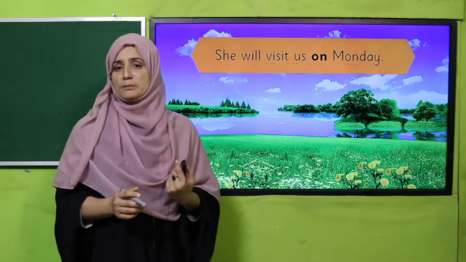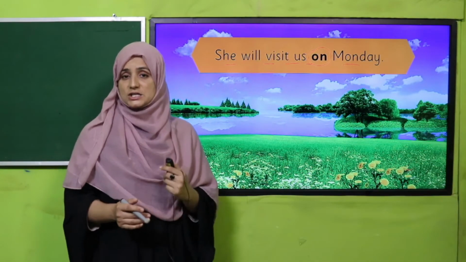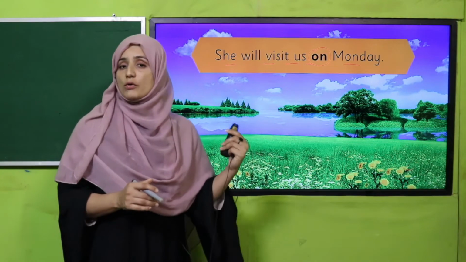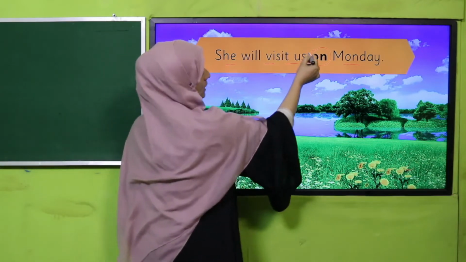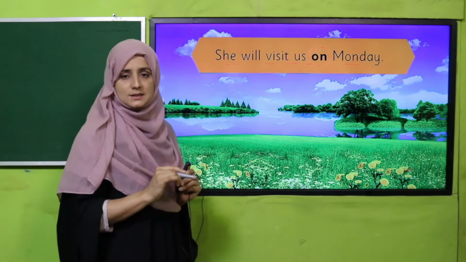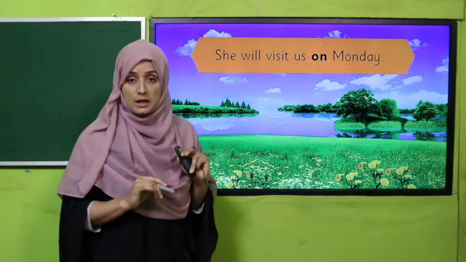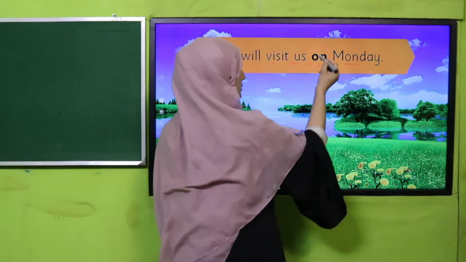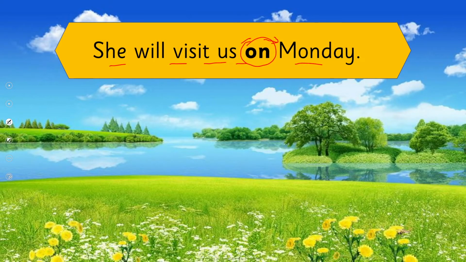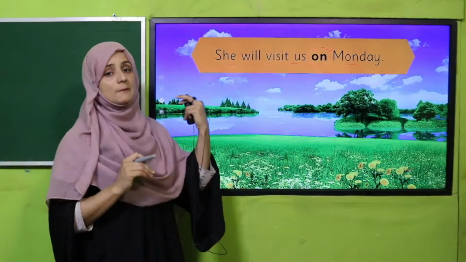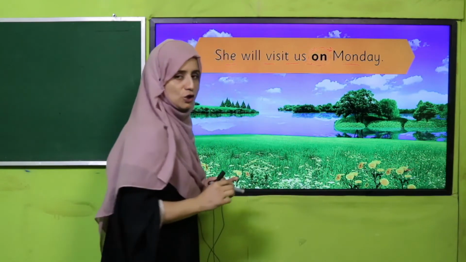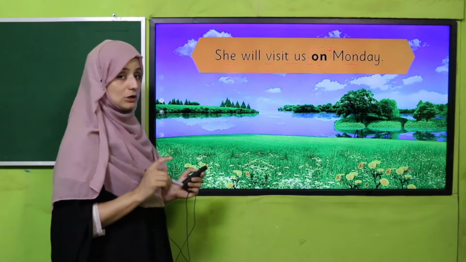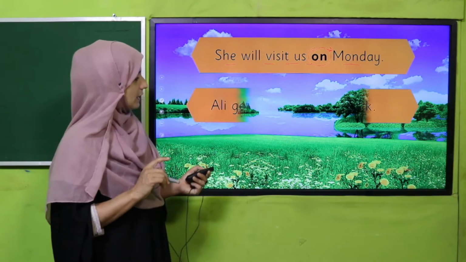Before, in the previous example, my dear students, there was an example that the cat is on the table. So how did we get that? That "on" is telling us about the position of the cat. But here "on" is giving us which type of preposition? Yes, that is a preposition of time, my dear students. And why is it time? Because it is telling us the day. It is giving us a sense about a period, on which day she will visit us. So she will visit us on Monday. So now "on" is a preposition of time. Okay, keep remembering that it depends on the situation and the sentence structure.